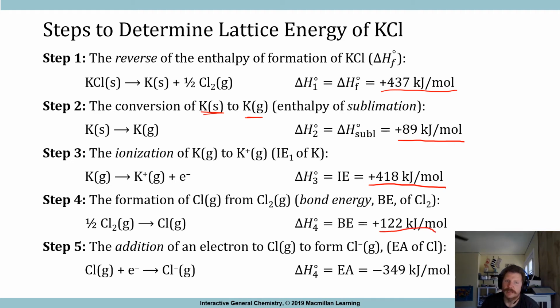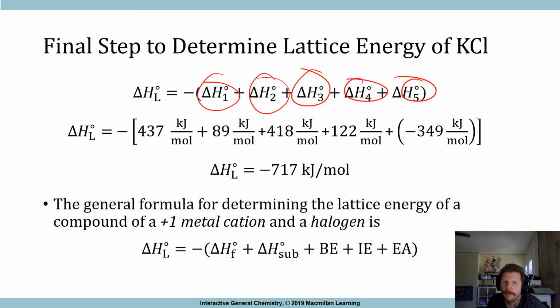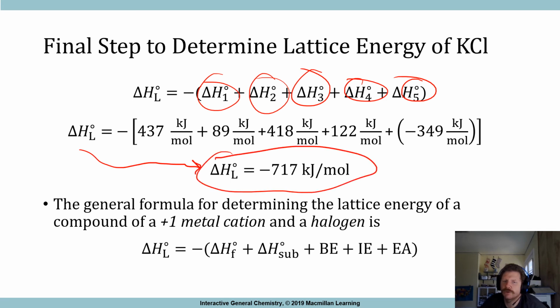Then we need to look at the addition of an electron to chlorine gas to form Cl minus gas. That electron affinity is negative 349 kilojoules per mole. So we can use all of that data, plug it in here, and combine all of those different delta H naught values together to get our delta H naught L of negative 717